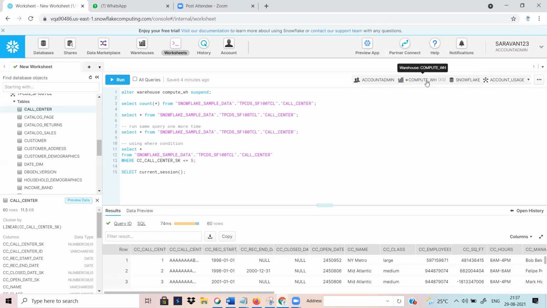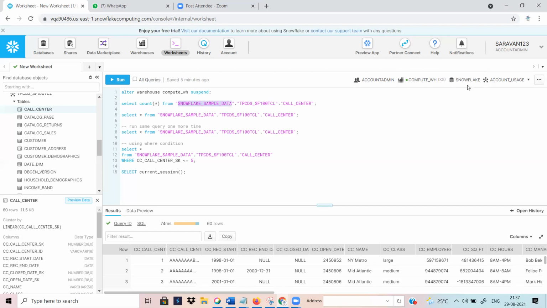This is the database, and this is your schema. If you are pointing to it directly, you can run it. I am selecting a different schema. This is the Snowflake sample database.